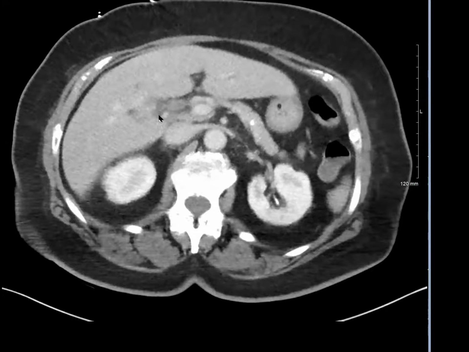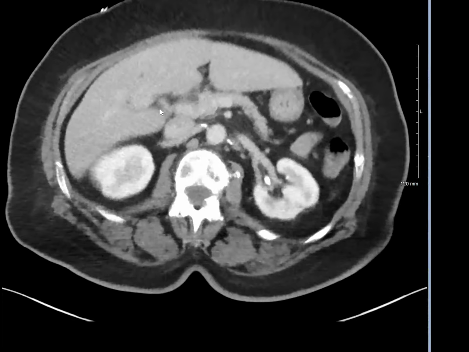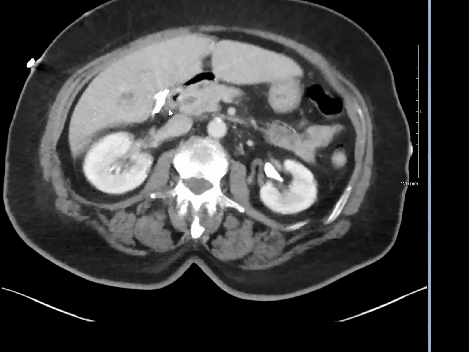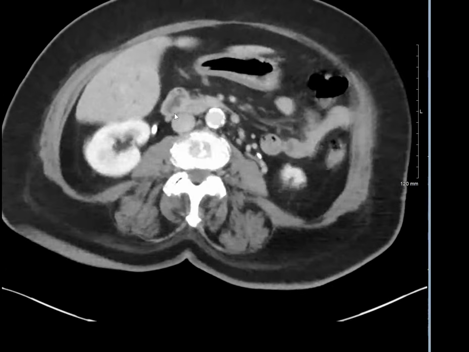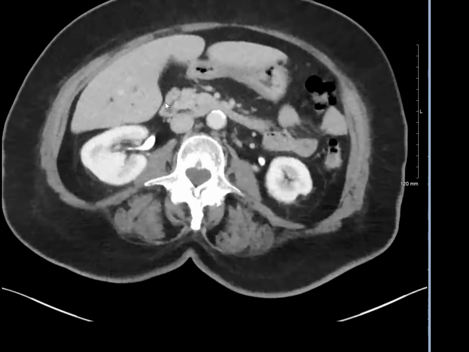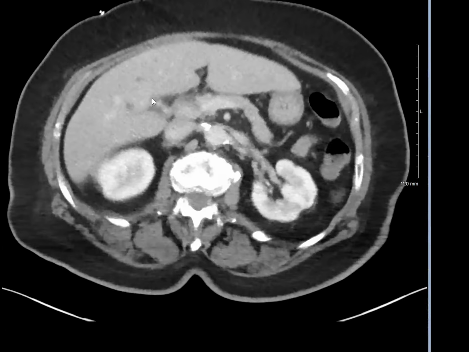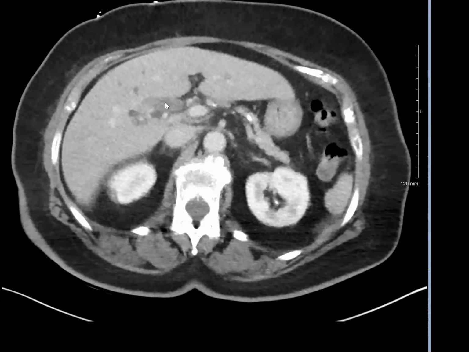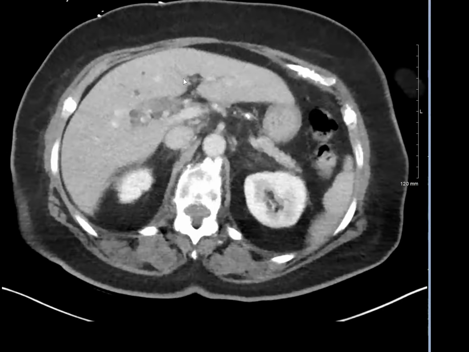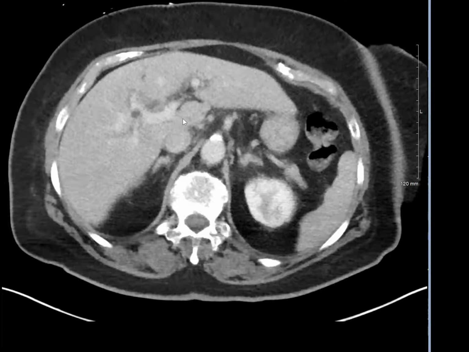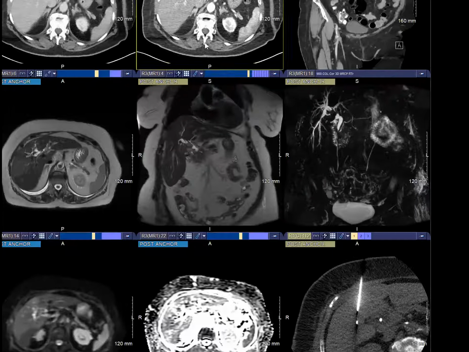And then they reported debris in the common hepatic duct right here. I don't know if you can see this, but they said debris in the common hepatic duct, and she was thought to have some sort of cholangitis giving rise to altered mental status. And I'm going to show you her